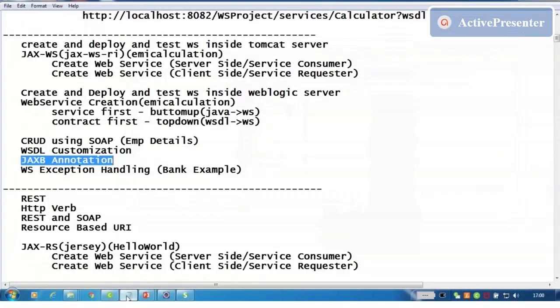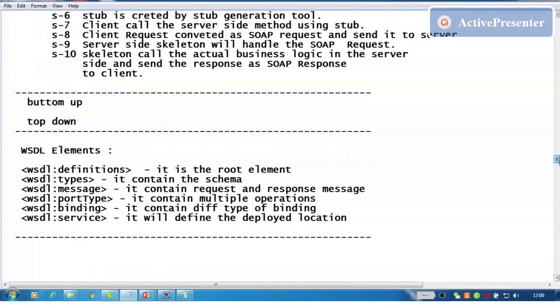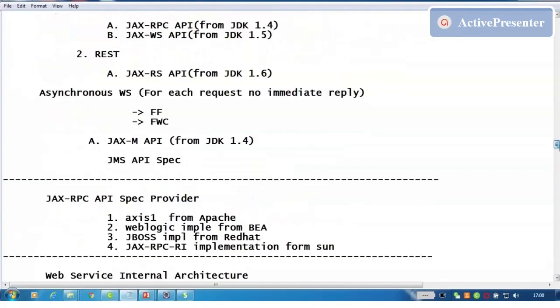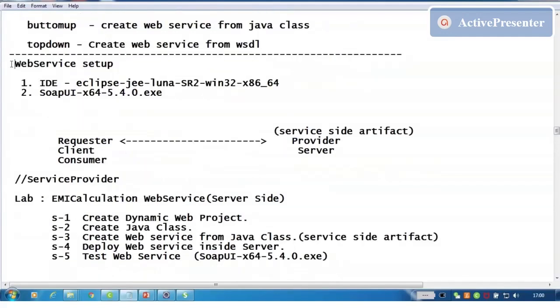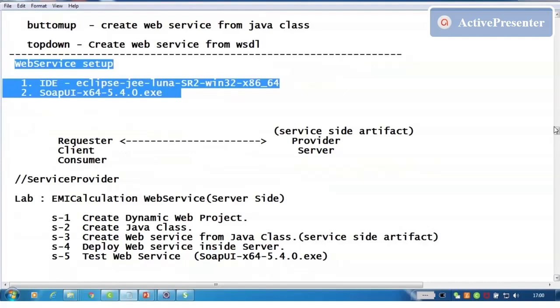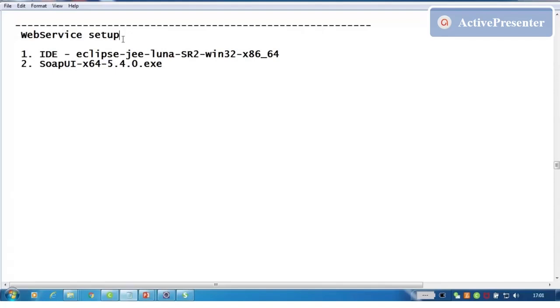To go with this for tomorrow, I suggest everyone to download and create the setup using this. You can use WebLogic application server also, any version. So web service setup, check. This setup should run in all the system. Number 3,